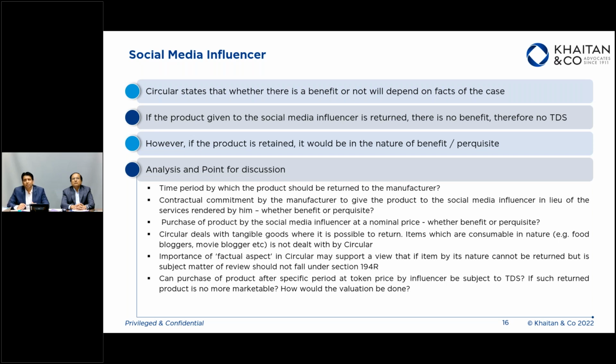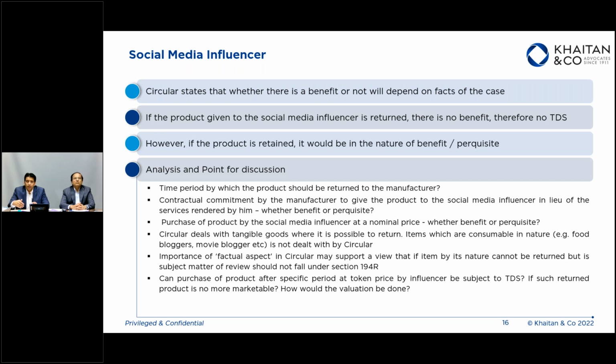So whether that will have a marketability or not is a question in itself. But let's assume a situation where the product stays with the person who is reviewing it. In such a situation, there is no clarity on how the tax will be, because it's absolutely clear for the department that the moment you've given a bag, say, which is worth 3 lakh rupees, and it could be an MRP which is 3 lakhs, your cost would be much less. The bag, the moment you've given a bag to somebody for review and he or she reviews it and